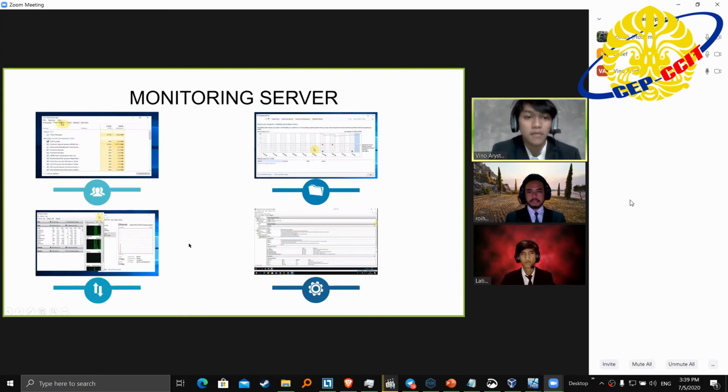And the bottom left is the Resource Monitor. You can see in more detail the running time and numbers running on the CPU, memory, disk, and the network. And the bottom right is the Performance Monitor. Here, see the performance of the computer system, diagnosis, system performance, and the reports.